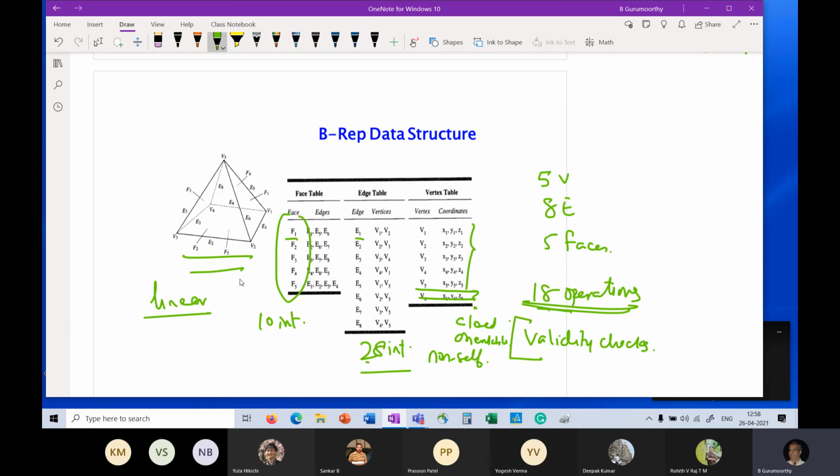And that's why we will not construct the BREP. Meaning we won't expect the user to construct the BREP. So this is the same thing you saw in the case of the surface as well.